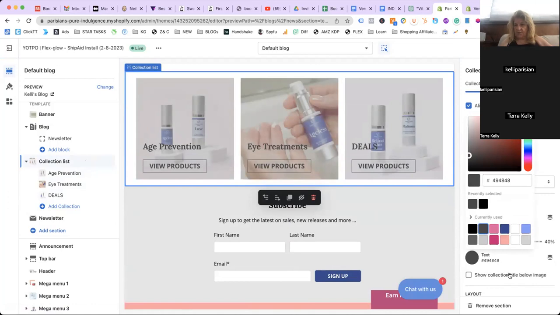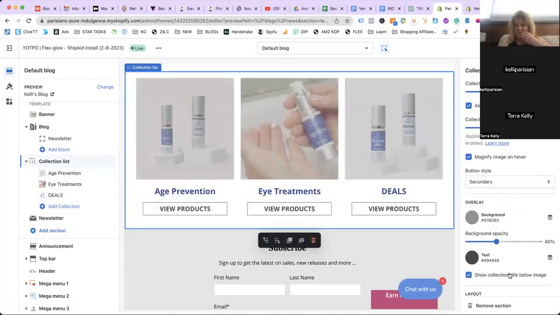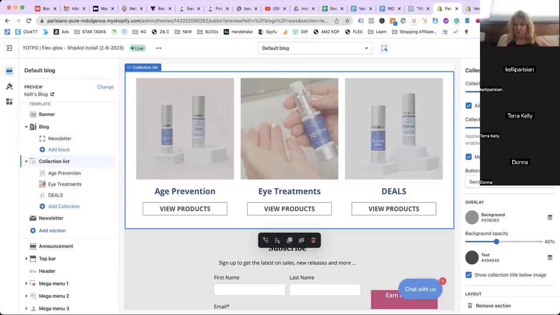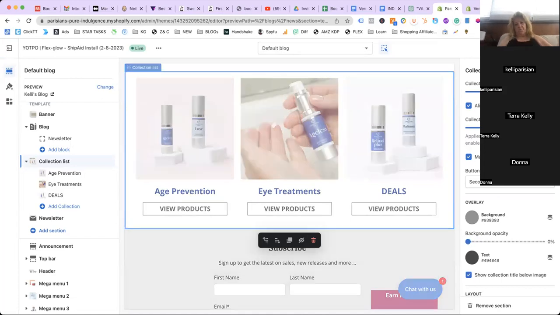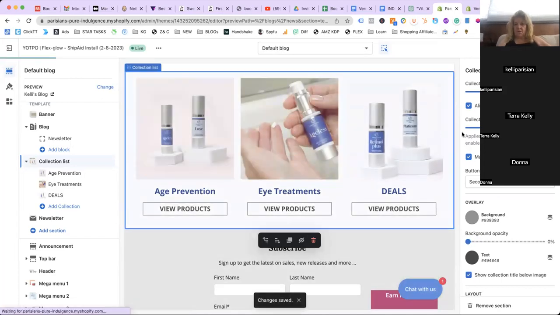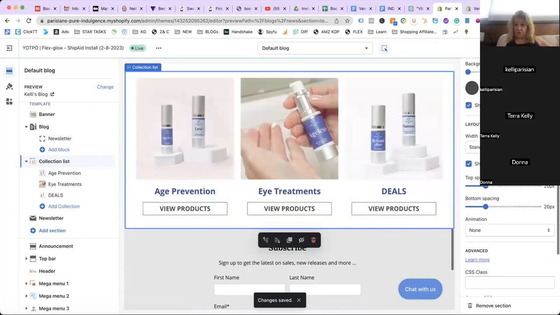Show collection title. Oh, and you can do this. Boom, boom. So you can show that. So you don't need to make your overlay so dark. Boom. You take the overlay back and that looks awesome. Yeah, that does. Right. And so what I've also learned,